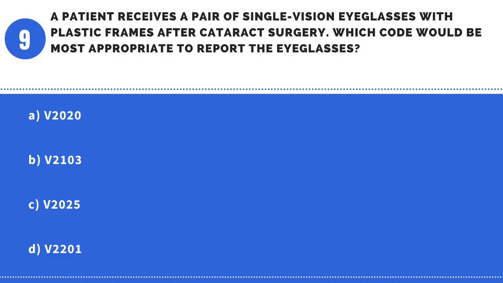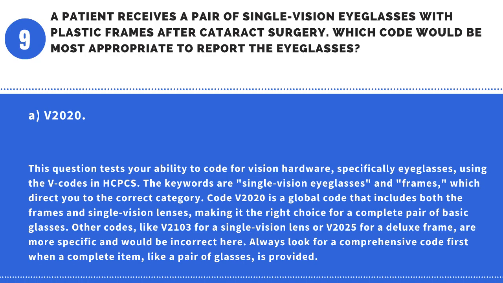A patient receives a pair of single-vision eyeglasses with plastic frames after cataract surgery. Which code would be most appropriate to report the eyeglasses? A. V2020. B. V2103. C. V2025. D. V2201. Answer: A. V2020. This question tests your ability to code for vision hardware, specifically eyeglasses, using the V codes in